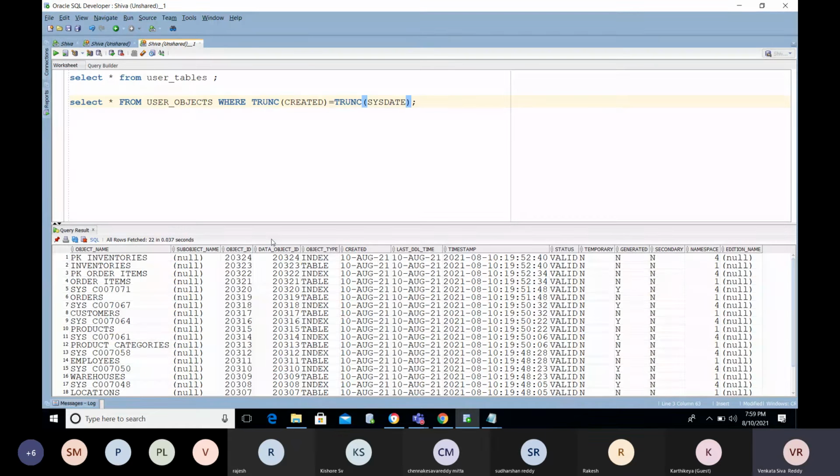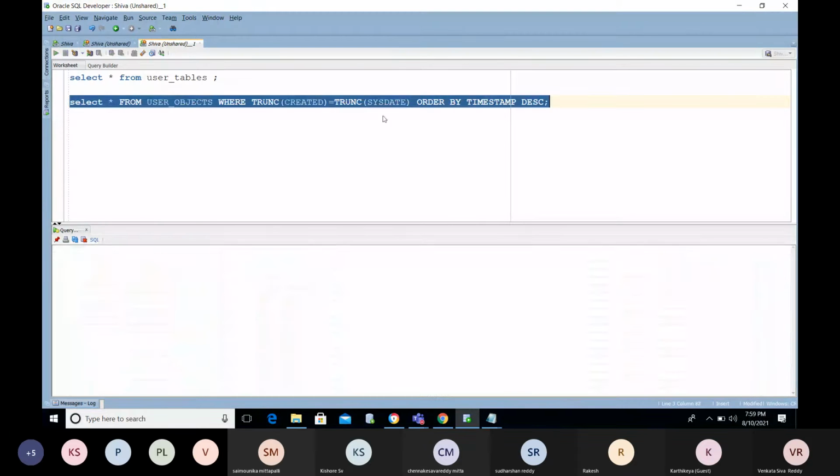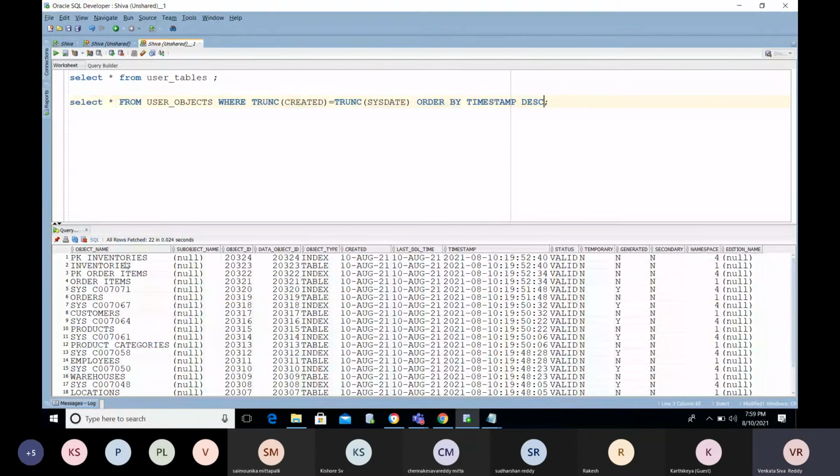So these many objects I have created now. Now I'm going to sort them by the timestamp we have here. Order by this one, name. I need only tables here.